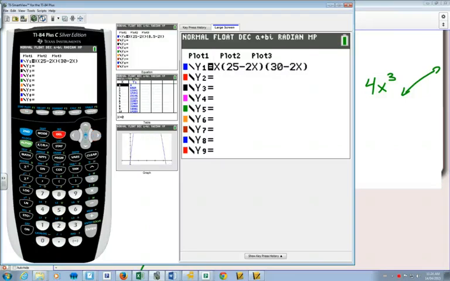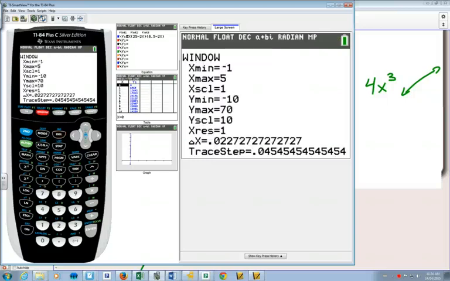So we've got x times 25 minus 2x times 30 minus 2x. And when we go to our window, we're going to want to see 0 to 12.5. So I'm going to go -1 to 15 just so I see a little bit more and a little bit less. For my